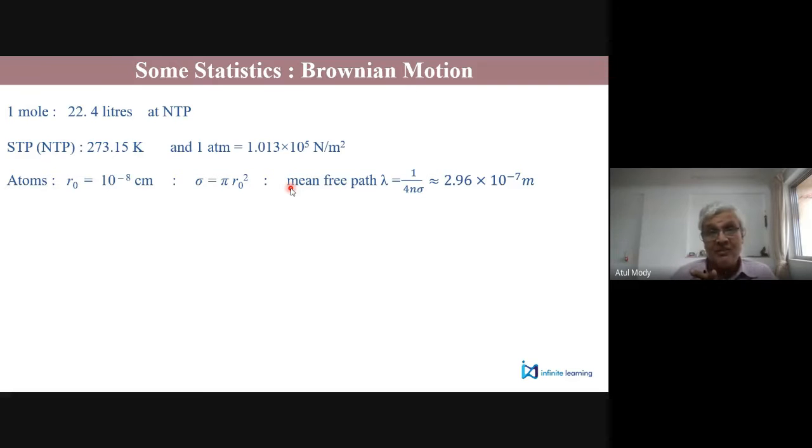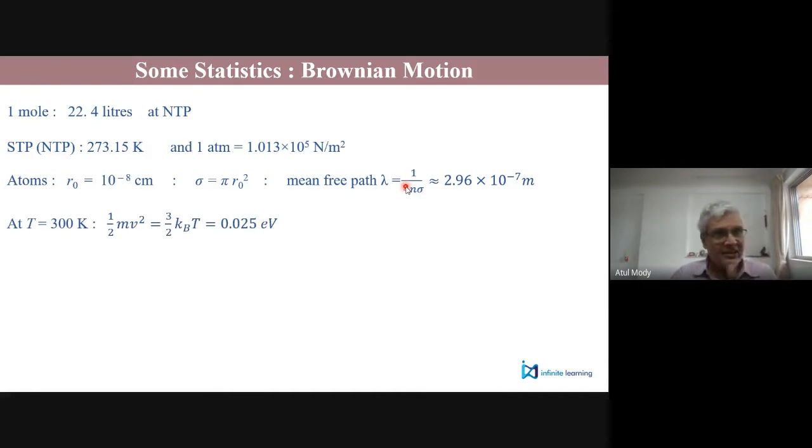See this 10 raised to minus 7 meter. If you take the atomic size as 10 raised to minus 10 meter, minus 8 centimeter is 10 raised to minus 10 meters, this is almost 1,000 times more than the size of the molecule. Remember what we took in the diagram. That was 50 or 75 times larger area. And therefore, actually speaking, it should have moved in a straight line from one end to the other end. So we don't know what they were talking about. We are just talking about atoms. Those were probably the suspended pollen grains they were describing. They are slightly bigger.